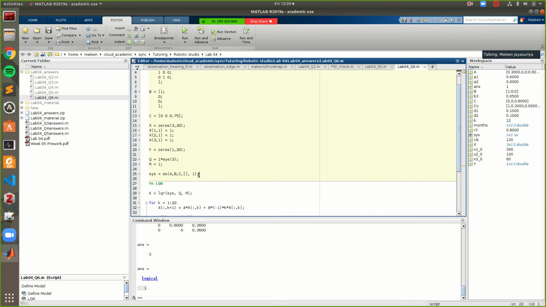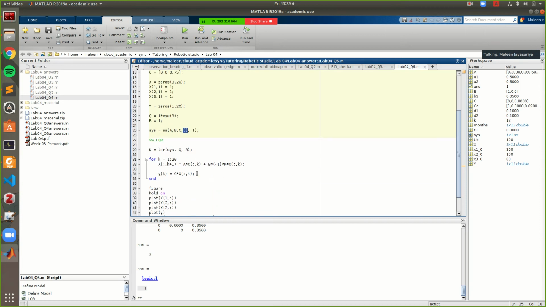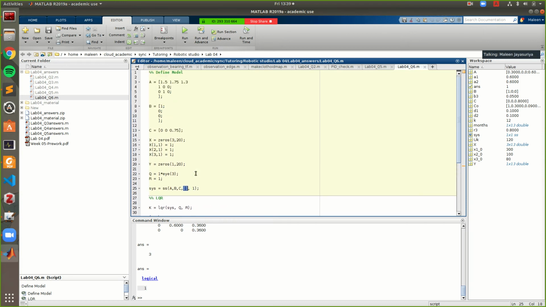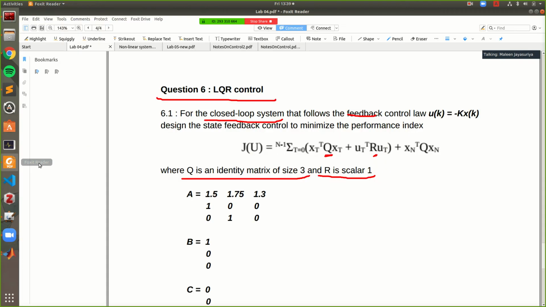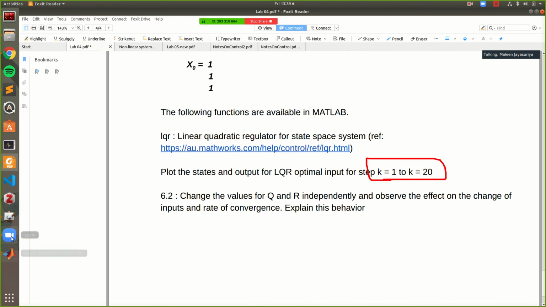And then I can create a state space model with all these parameters. So this final parameter here is your D parameter. Again, if it's empty, you can just put a 0 or an empty vector like this. And since it's a discrete time system, you can define time units as well. So if you want these to be months, you can say months, like we did in the previous question. We can give it some sort of time unit. Here in this question, it's pretty abstract, so we're just going to leave it like that.